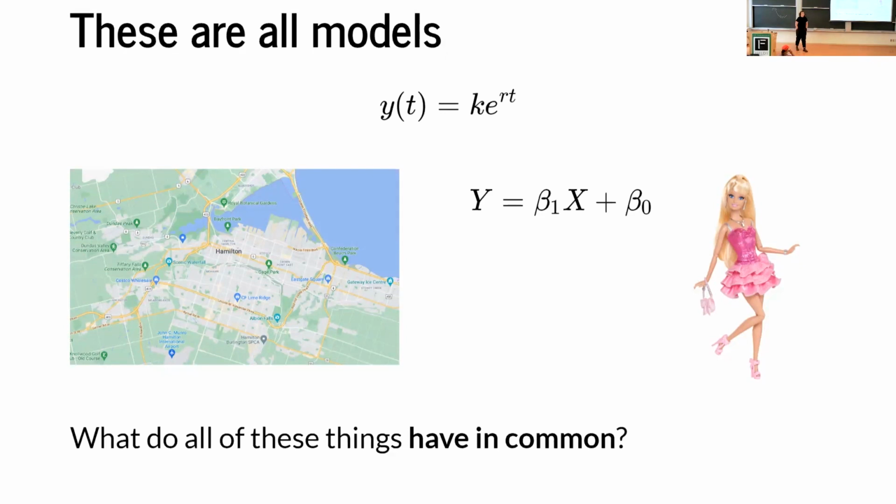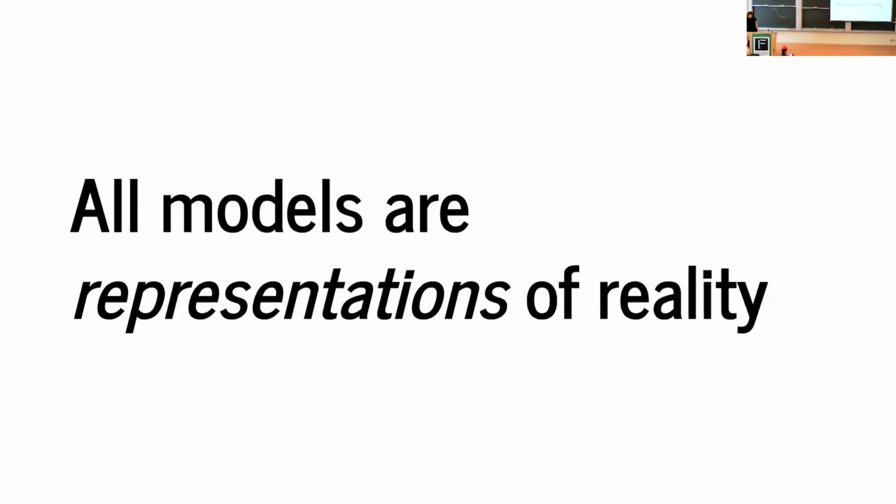That's true of all models, right? Depending on your perspective, they can represent different things. Linear regression is widely used to model many different phenomena, because we've abstracted away from the detail. So that's what these things have in common. As one of our wonderful audience members said, all models are representations of reality. They're not reality, they're representations, and that will have its own pros and cons.